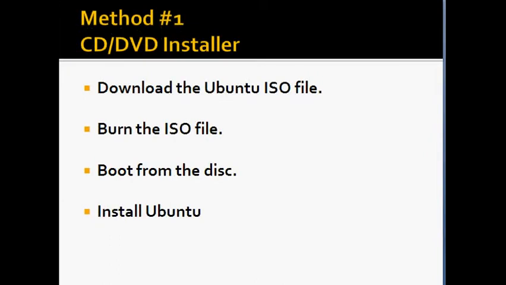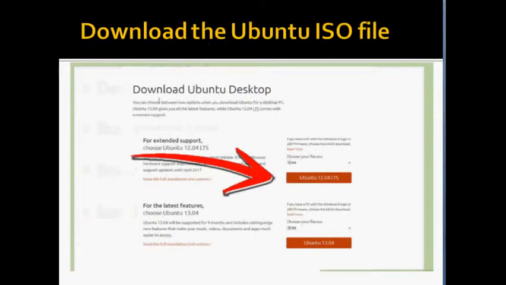The first method of installing Linux on our computer is downloading the Ubuntu ISO file, which you can get from the Ubuntu website. An ISO file is a CD image file that will need to be burned before you can use it. After you burn the ISO file, you can boot from the disk and install Ubuntu. Windows 7, 8 and Mac OS can all burn ISO files to a disk without having to download a separate program.